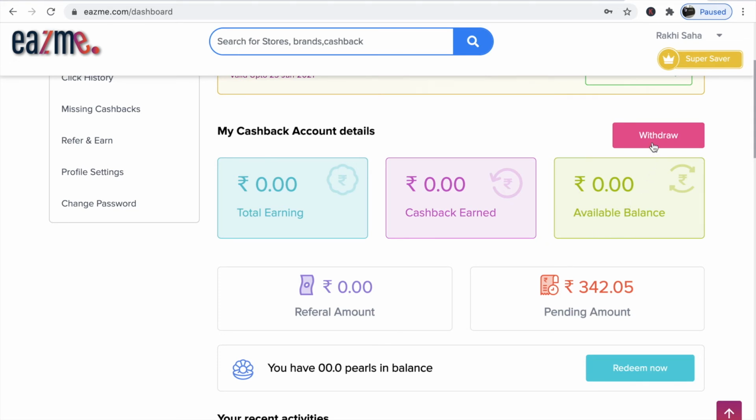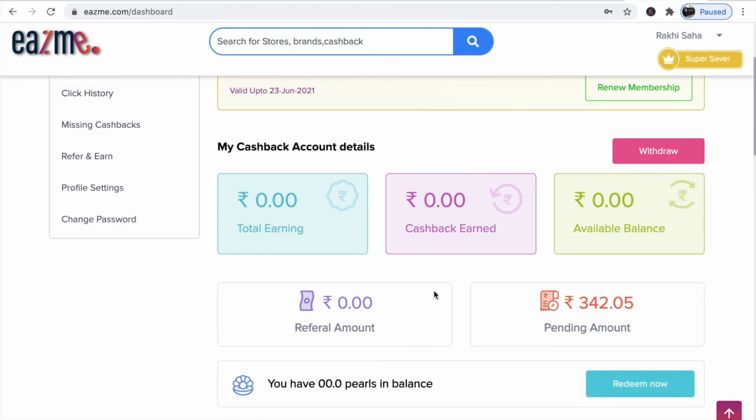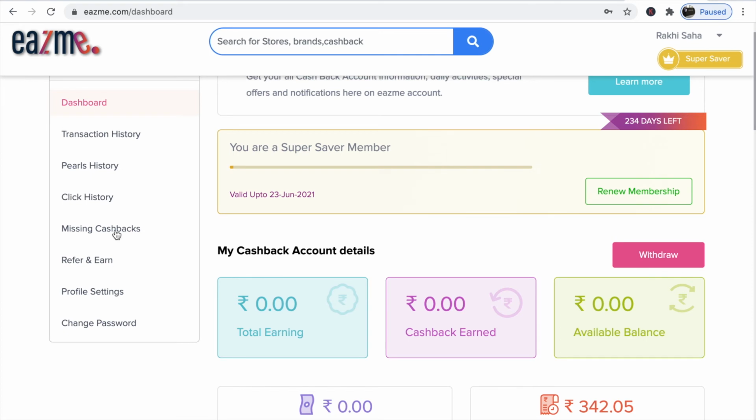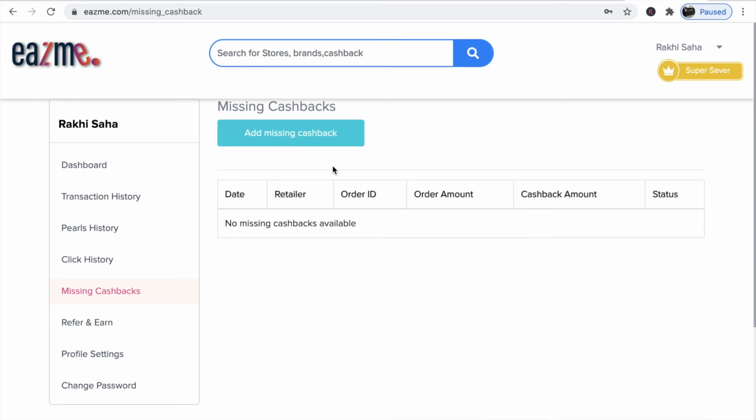When you click on withdraw, it will be withdrawn from this site and it will be reflected in your bank account. Also there is a tab of missing cashback. If cashback is not showing in 72 hours, there will be an option to raise missing cashback. So click on add missing cashback. You will put your date, retailer, order ID, order amount and cashback amount. When you raise that missing cashback, Easme will review with the merchants, and after that